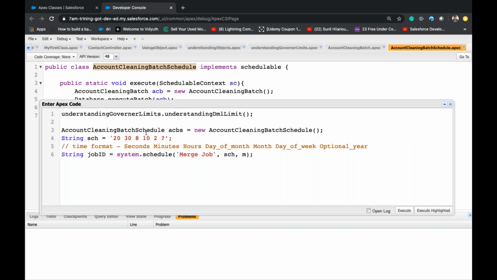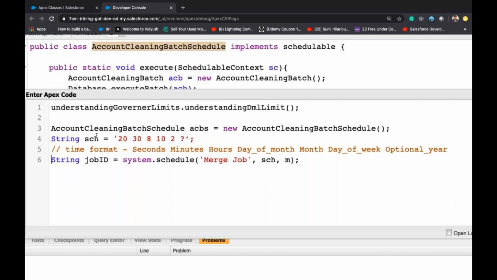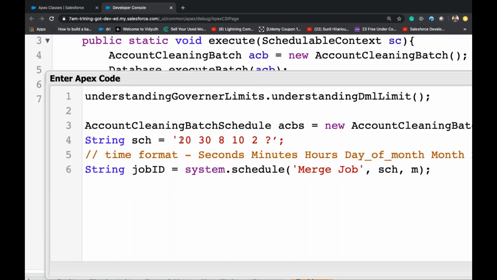So whenever we schedule, we should specify the time, right? To specify the time, this is what the time is, okay? So String sch is equal to '20 30 8 10 2 ?'.